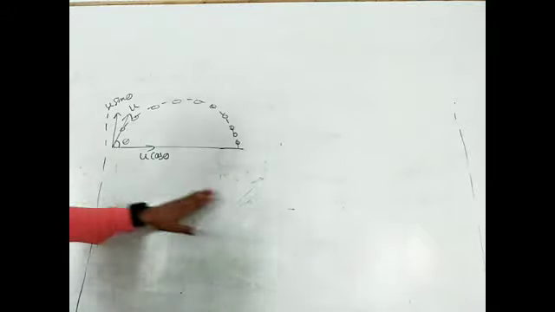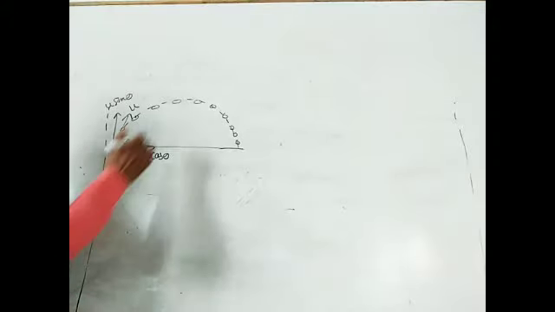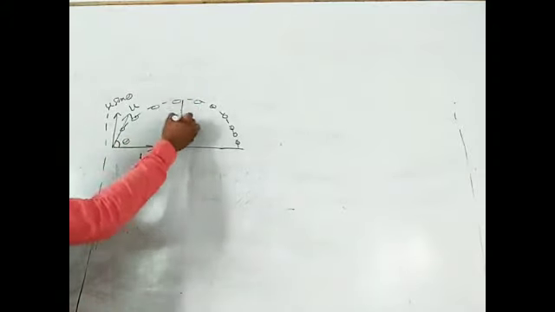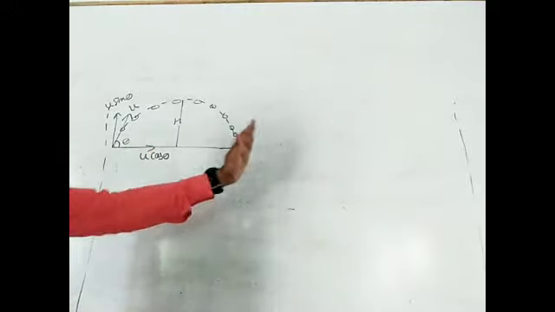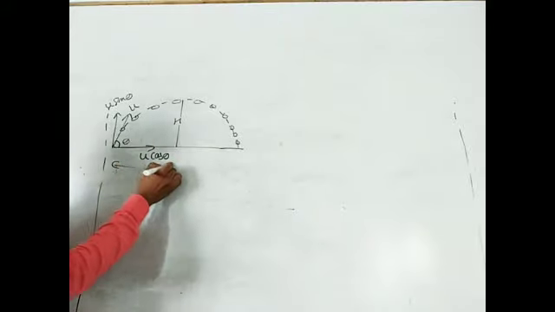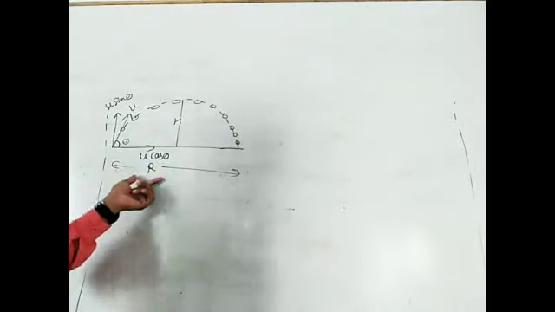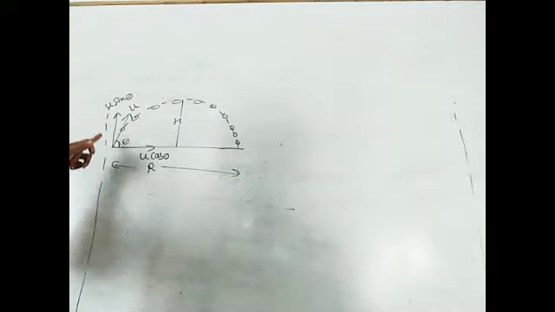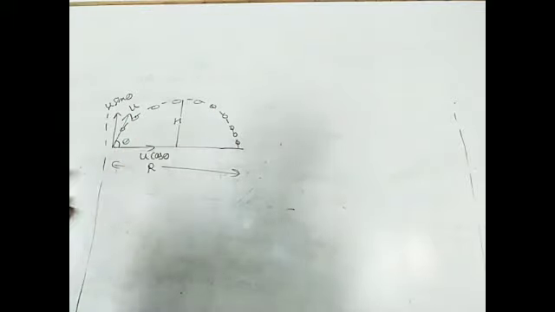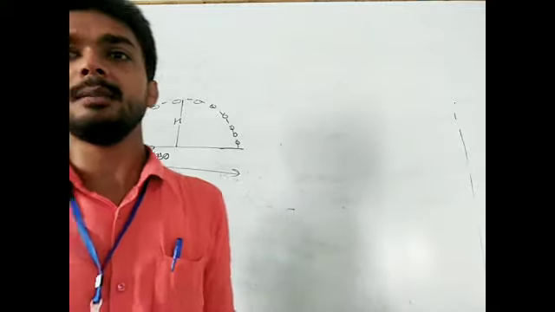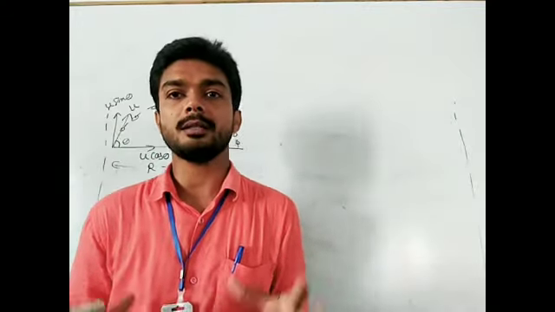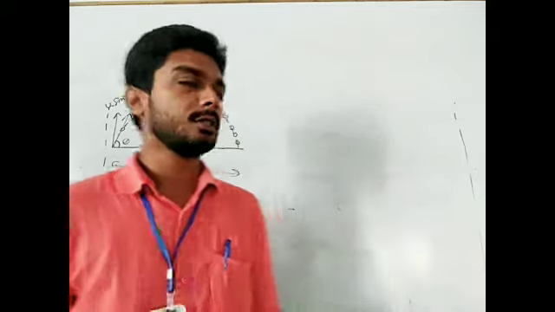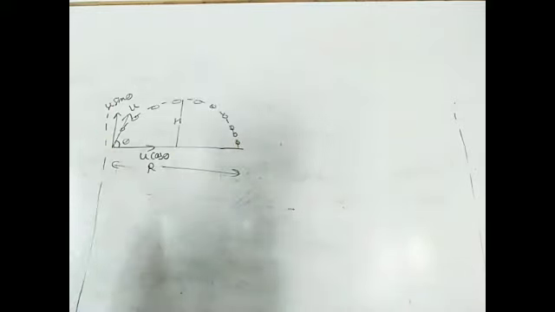Now, consider the maximum height attained by this projectile is h, and the maximum horizontal distance covered is r. This r is known as the range of the projectile, and the total time taken by the object to follow this path is capital T, which is known as the time of flight. Time of flight is that time during which the object was in the air.